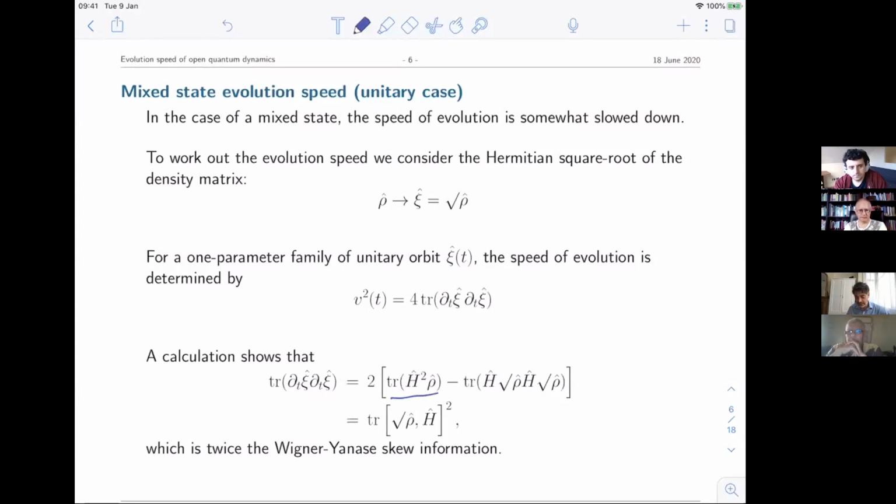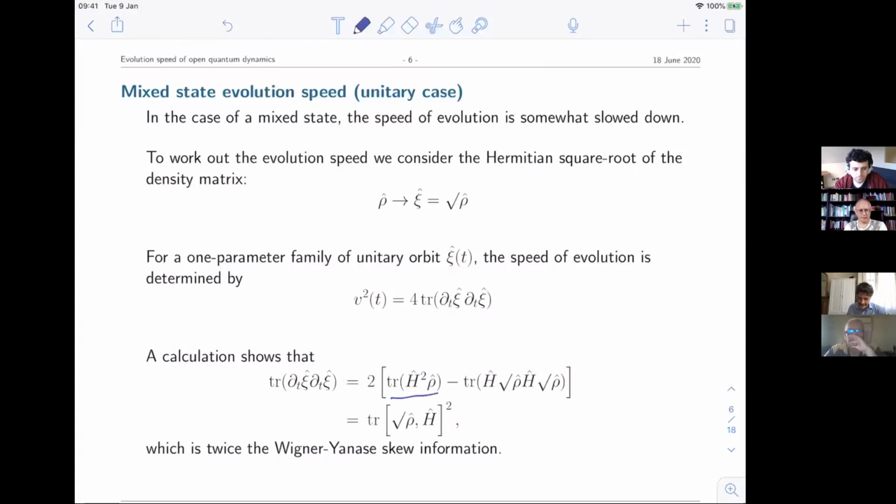That is to say, the trace of h root rho coincides with the square of the trace of rho h. Okay, so this quantity reduces to the Anandan-Aharonov relation,